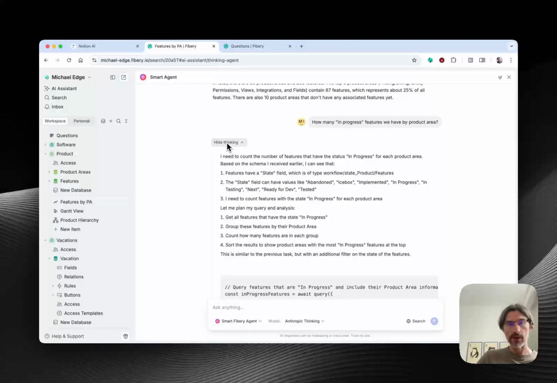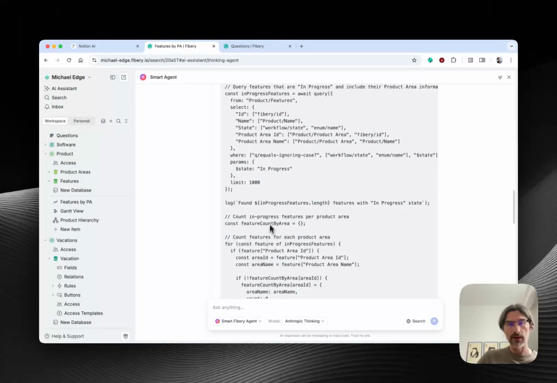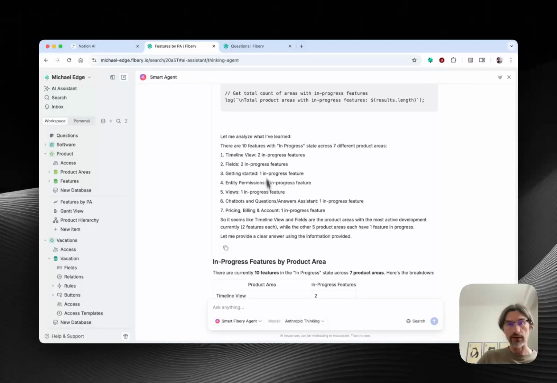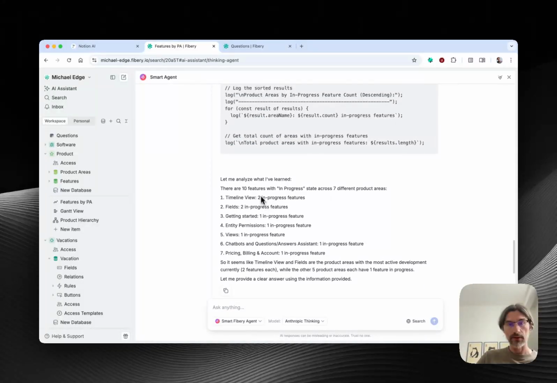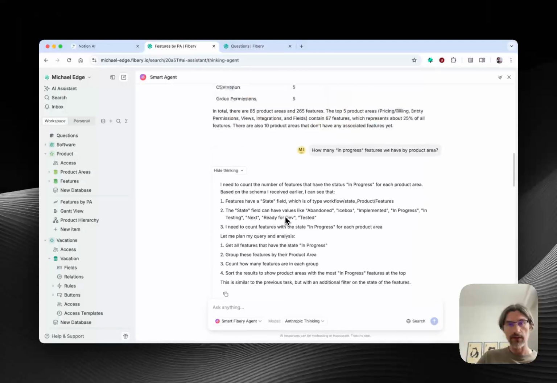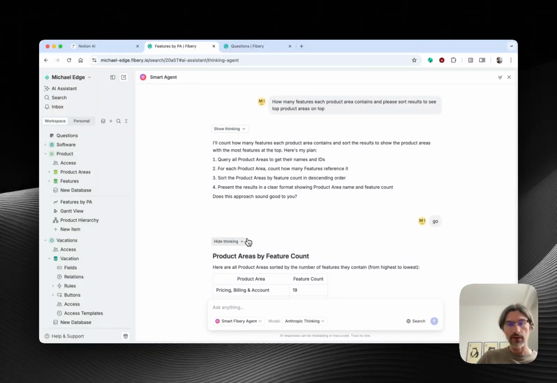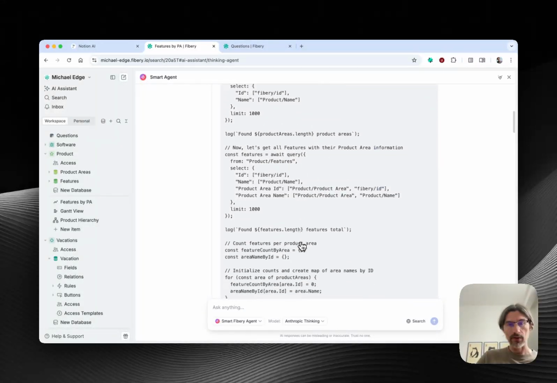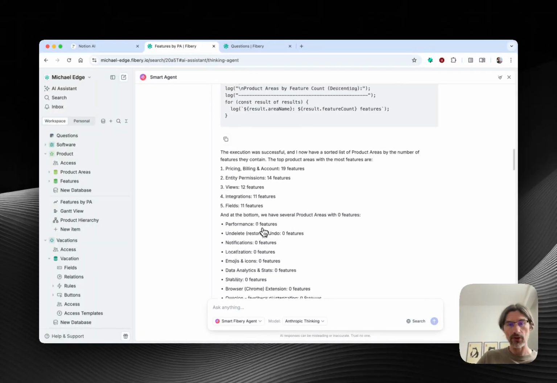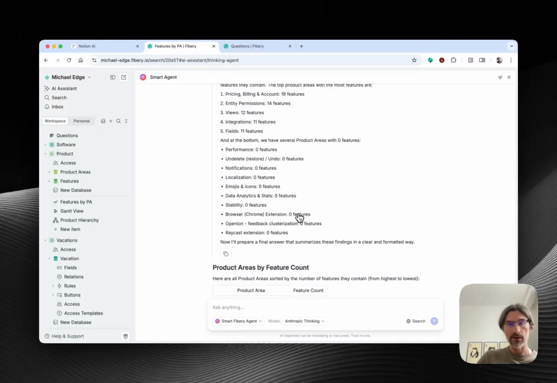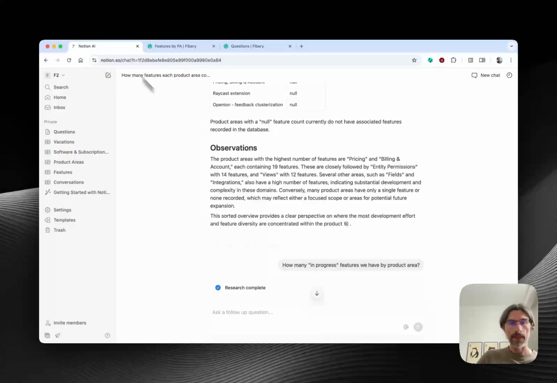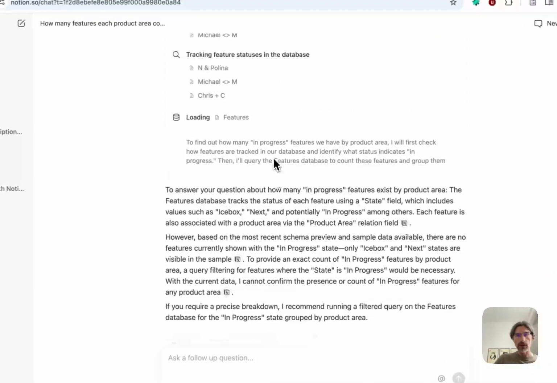By the way, let me show you something. So here is the plan. Here is the code that Fibery wrote. And the code result. And finally the answer. And if you go here, again, it will be code to execute and extract all this information and provide the answer. So you see, it's pretty cool. Notion is